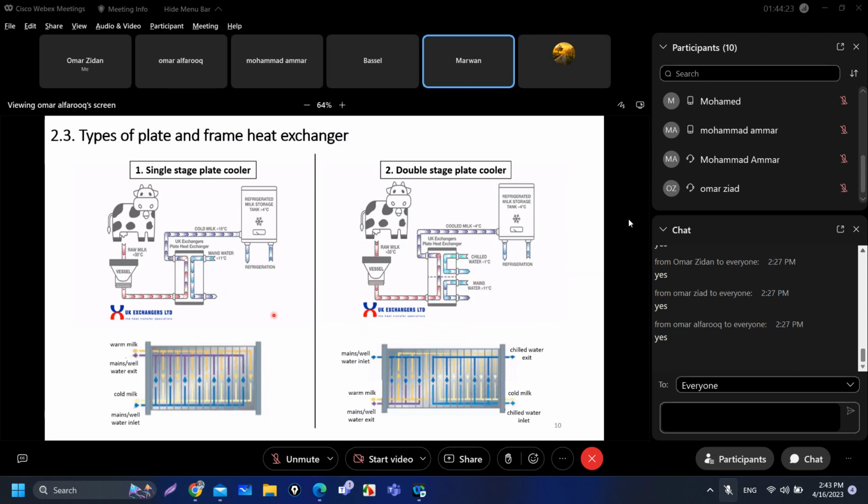The difference is that in the single stage, the milk enters the tank at 15 degrees, then it cools further, right? In the double stage or the single? In the single stage, we use only one cooling medium, mains water, and it cools to 15 degrees Celsius. Then the 15 enters the refrigerated milk storage tank at 4, so there is additional cooling. But in the double stage, it enters the tank already at 4, so there is no further cooling, right? Sometimes there is further cooling, this is just to maintain the 4